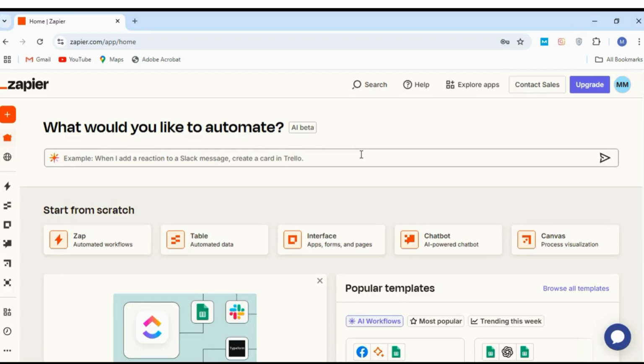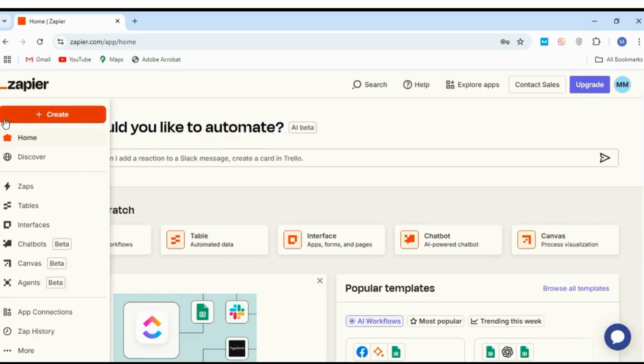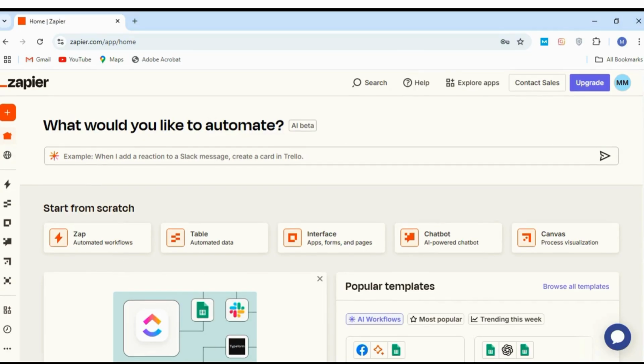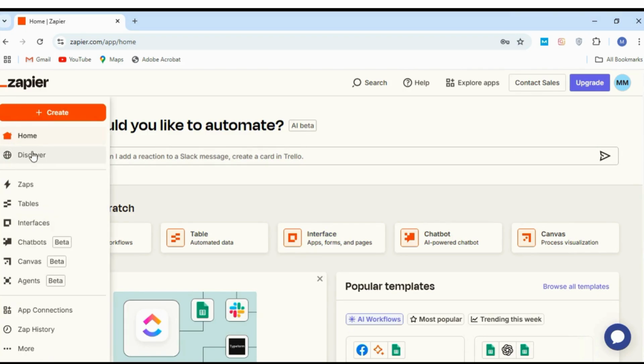Zapier is an automation app used to connect or integrate one app with another. On the homepage of Zapier is the overview of what you can do with it. You can start from scratch, you can zap, you can automate tables. It shows the interface of different apps. On the discover section, what you can do with it,